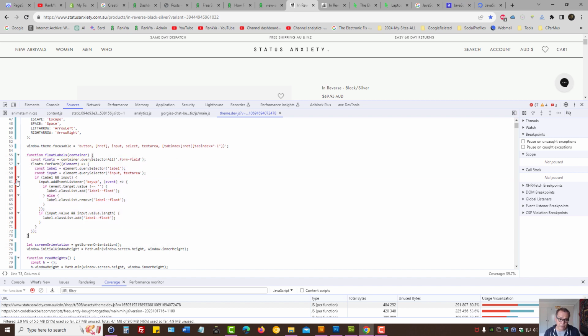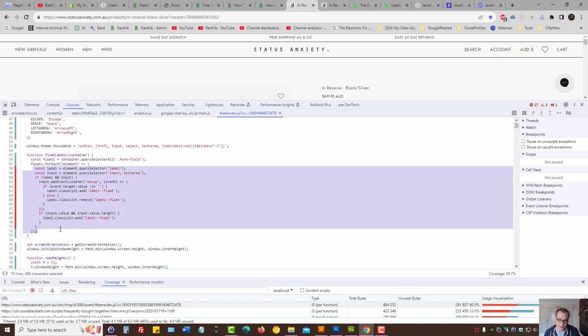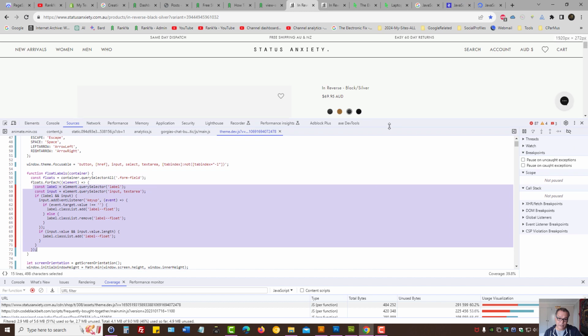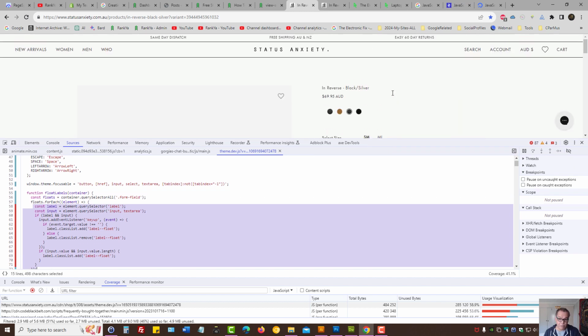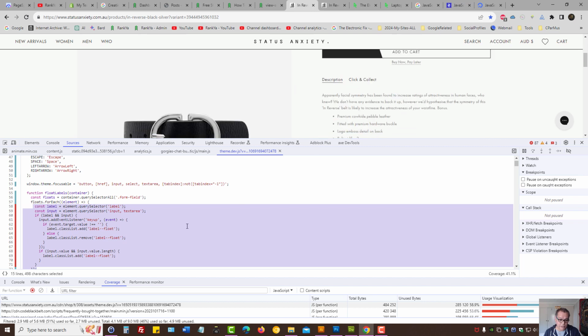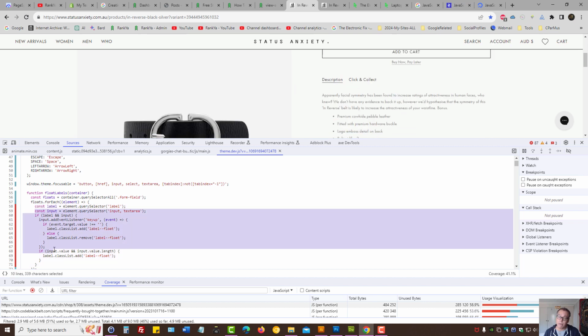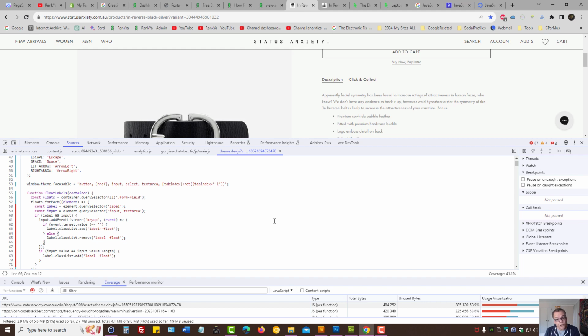Because the coverage tab shows us in a color-coded method, the red colored variables in this example are actually not used. But that doesn't mean this code is not called. So you need to test. Perhaps when someone clicks the Add to Cart button, these variables may be called upon. Okay? So at the end of the day, you want to group files together, remove unused JavaScript files,